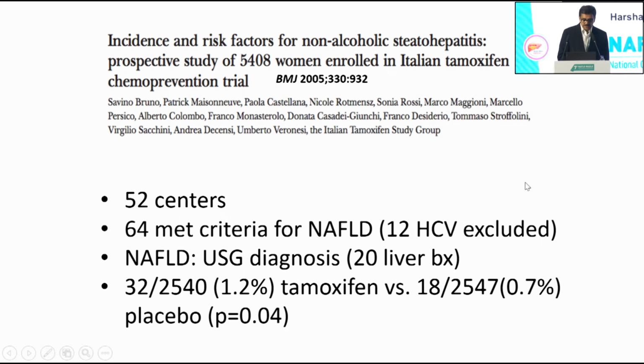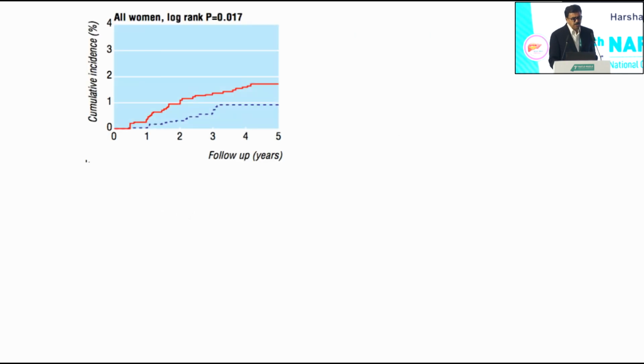You find that there are 52 centers and there were more than 5,000 patients. And they noticed that those patients who had underlying NAFLD had an incidence of DILI of about 1.2% versus 0.7% of those who did not have NAFLD. Now, importantly, although they found that the cumulative incidence was about 2 times in those patients who had NAFLD,